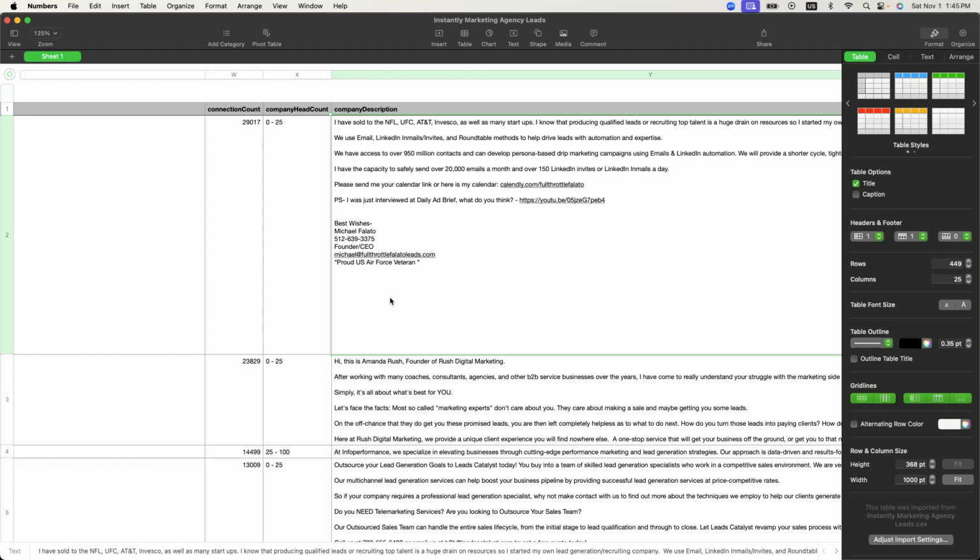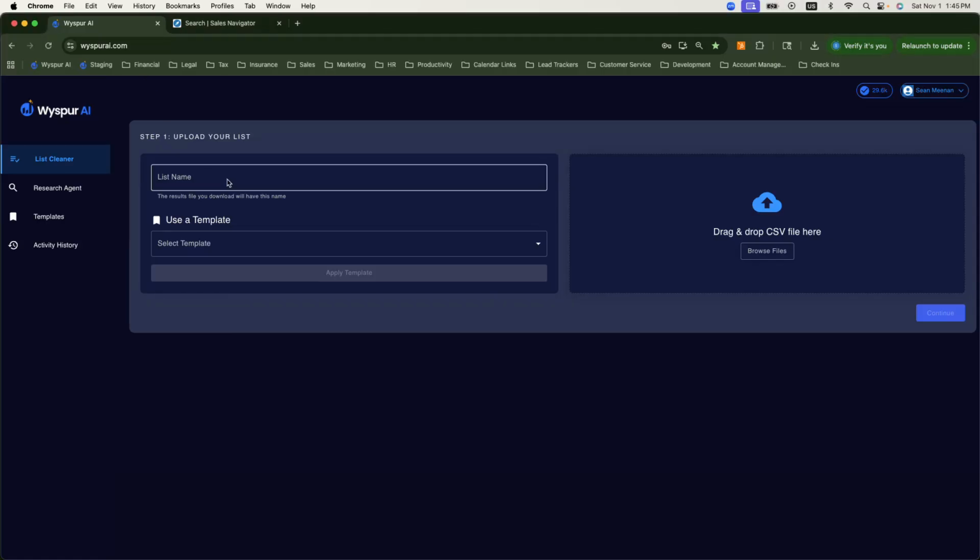So when I built this list, I said to the Instantly database, when I was filtering, give me people that are at marketing agencies, and I want you to find keywords of LinkedIn lead generation. So those are my target market where Wyspur AI can be a really good fit. So those are the types of leads I want to look for. And these keywords can get you close, but not everybody is really going to be focused on LinkedIn. And so I would have to normally go through and analyze all of this data or pay someone to do that for me. But now what we'll do is we'll go into Wyspur AI and we'll say marketing agencies for